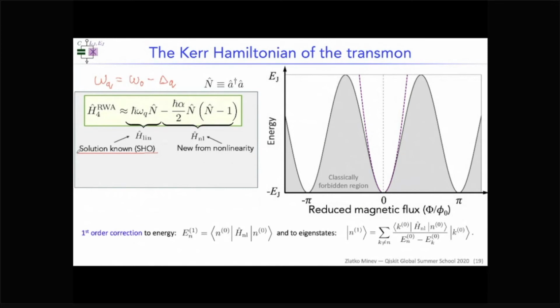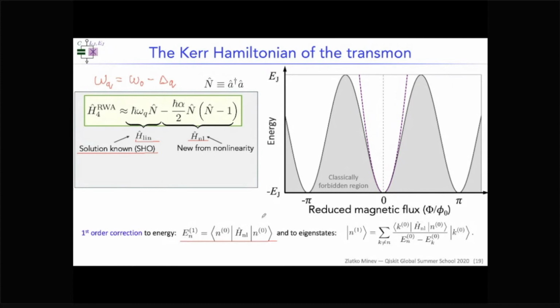This nonlinear piece has a very interesting effect in that the nonlinear piece goes like n times n minus 1. And to first order, it's dispersive. It doesn't change the eigenstates. So maybe for those slightly more familiar with quantum physics, if you apply first order perturbation theory, the energy change to H lin due to H nonlin, the nonlinear piece, is calculated by the overlap between the eigenstates